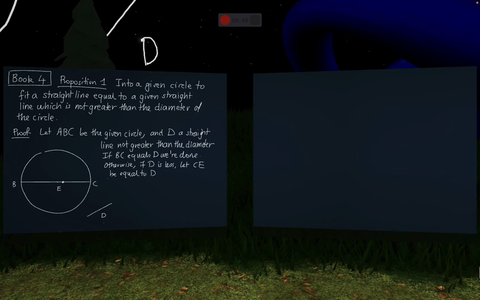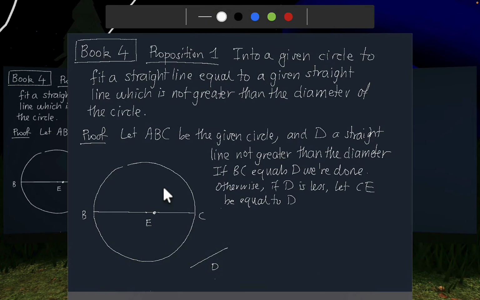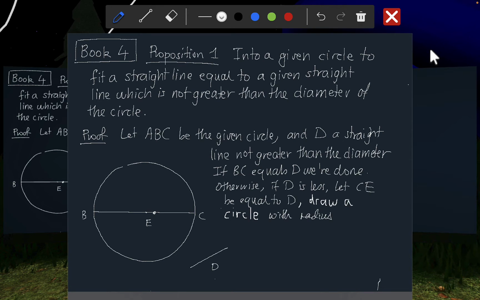Problem with my pen. Just a second. Let me see if I can write this way. Let CE be equal to D, and draw a circle with radius. Could you do it, Ken, maybe? My pen's run out of battery, sure. Yeah, let me get out of Wolfcam. Circle with... We're using a finger? My pen, yeah. My mouse, radius. Yeah. Radius EC. Yeah. Yeah, all right. I'll try to make it neat like you, but